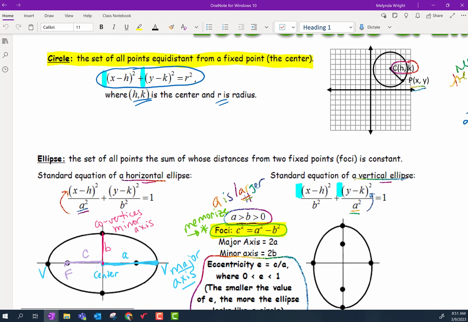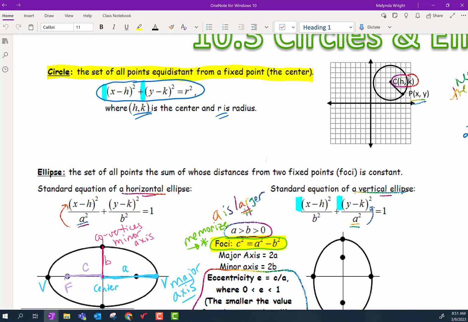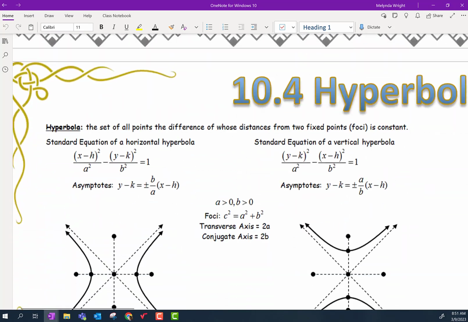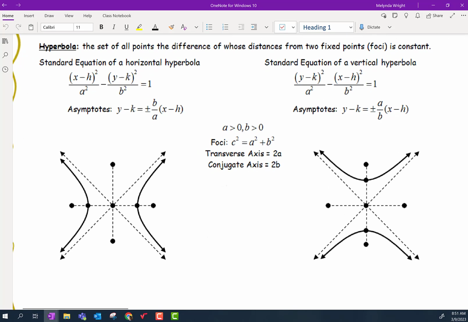And a circle is a bit more simple. There aren't any fractions and it's equal to r squared. So today the hyperbola is a similar equation to the ellipse. The only difference is they're being subtracted. The two fractions are being subtracted, and that's how you can tell one from the other. So let's look at